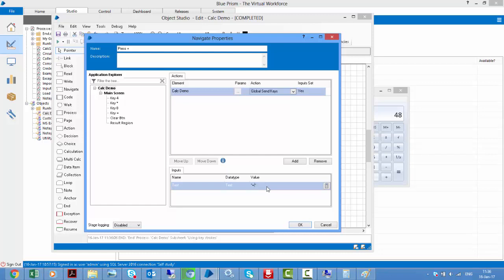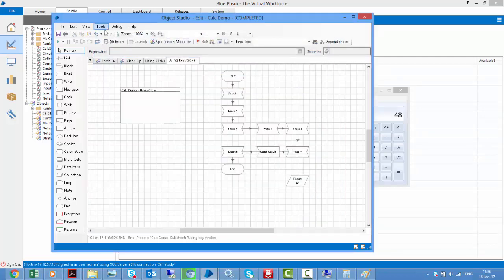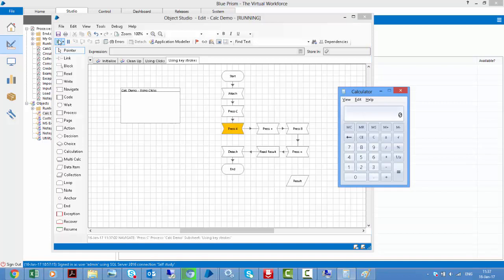If you want to really send plus, we know that plus is on the equal key on my keyboard. So I need a shift equal, which is like plus equal. So this is like sending an actual plus, because this is shift equal, and shift equal means plus only. So this should work now. If I press OK, reset, run it. Now I should get 4 plus 8 as 12. So you can see plus has been sent, 4 plus 8 is equal to 12, and we are getting that